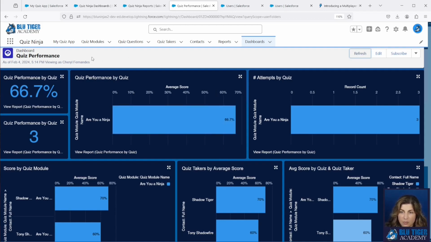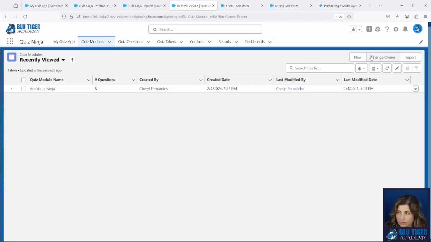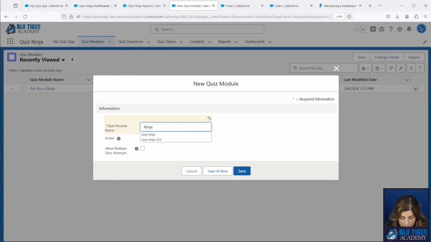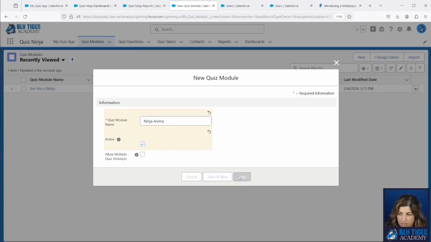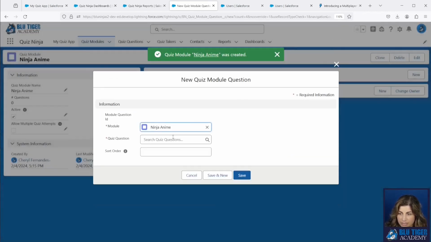Then the next thing I want to show you is what it looks like when you have more than one quiz that a user can select from. We're going to click New here. We'll create a new quiz. And we'll just add one question to it.